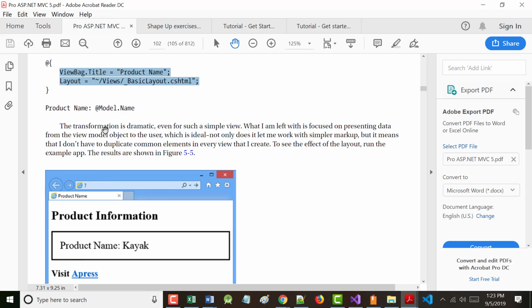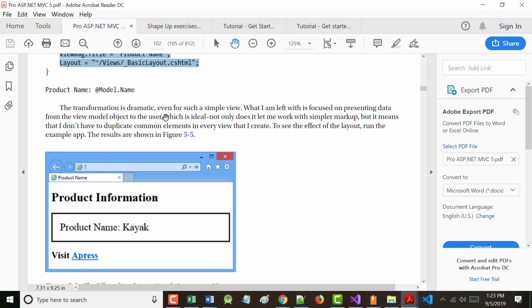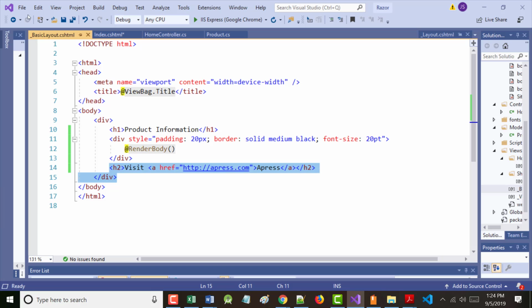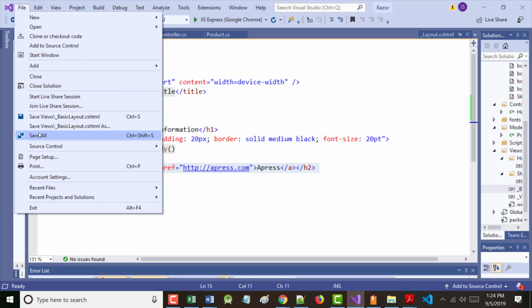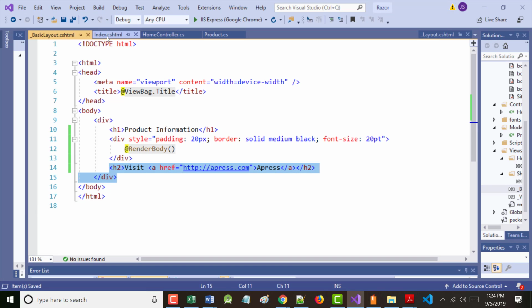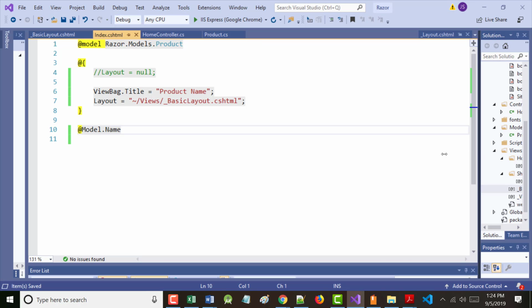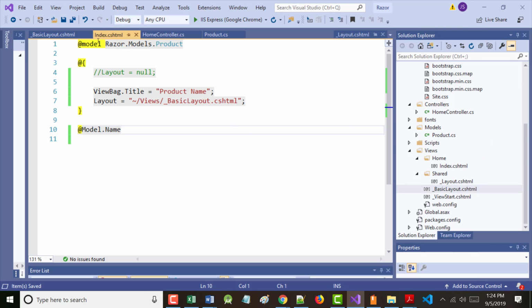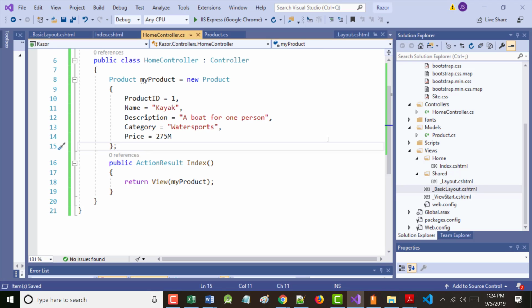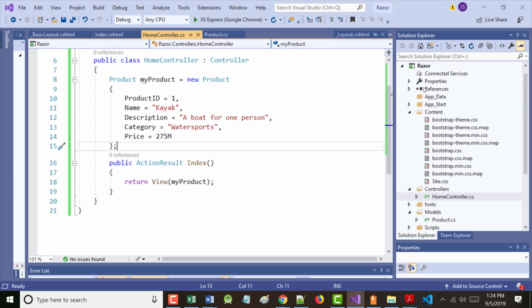So the author says this transformation is drastic or dramatic, even for a simple view. What we're left with is focusing on the presented data. So in other words, I'm going to come back to my program here. I'm going to do a file, save all. I don't even have to go to my index.cs HTML because remember, I've got a home controller, which means that when I run this, by default, where am I?